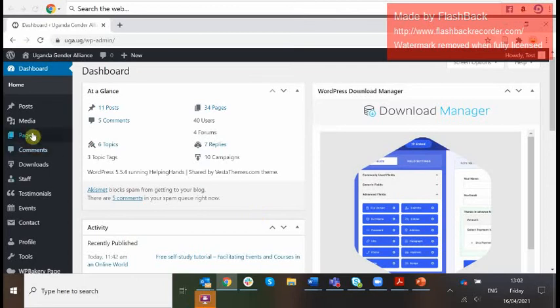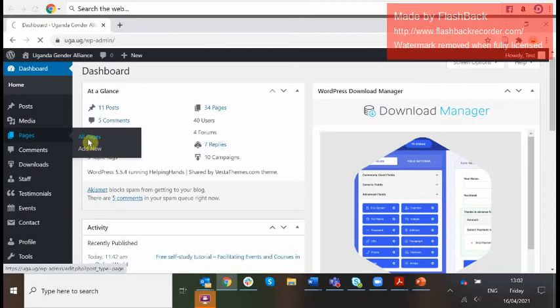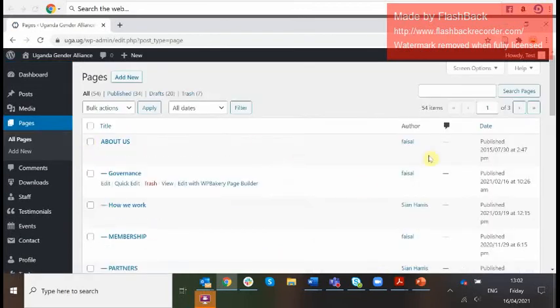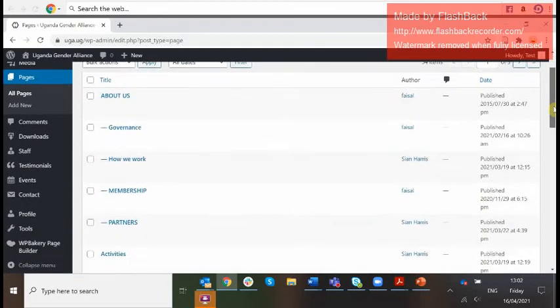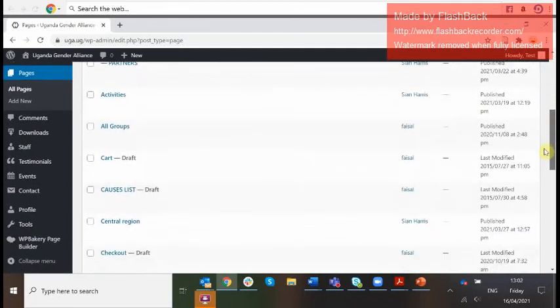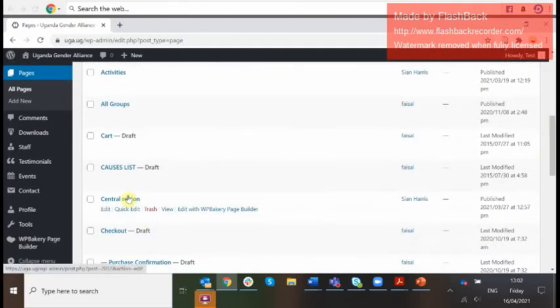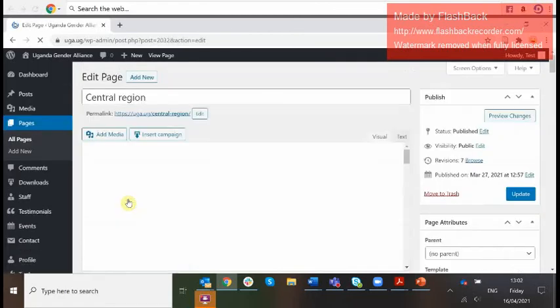So you can go to pages on this left hand side. This will give you a link to all the pages, and let's say you are the coordinator for the central region, you can go to the central region site page, and this is what the page looks like in the back end.